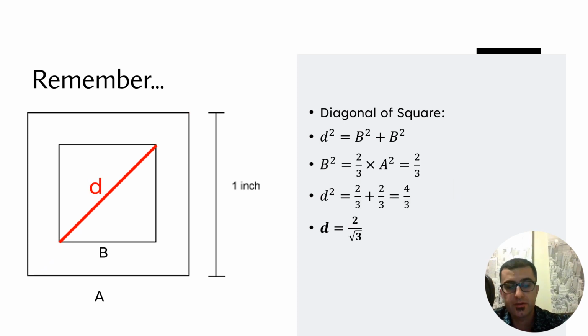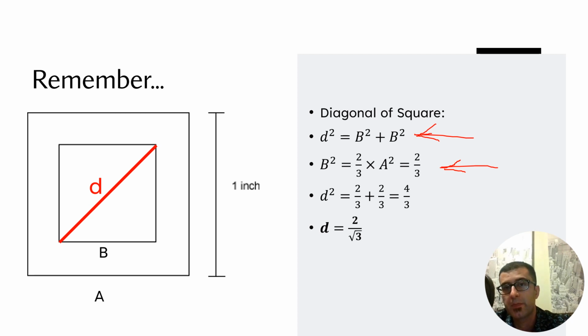In the last slide, everything was about the larger square. Here we have everything about the smaller square. So we have used a small d to represent the diagonal of the smaller square. So we have the same equation for the diagonal of a square here, and based on the question, we have this second equation, which means that